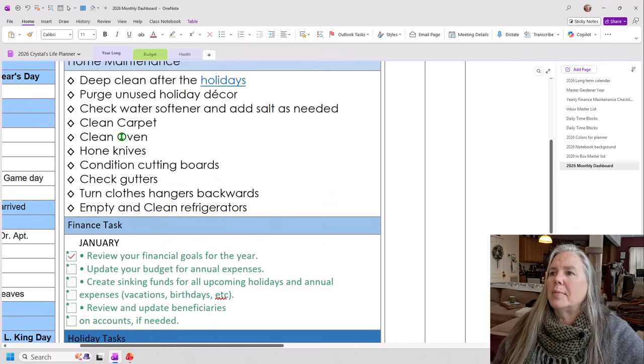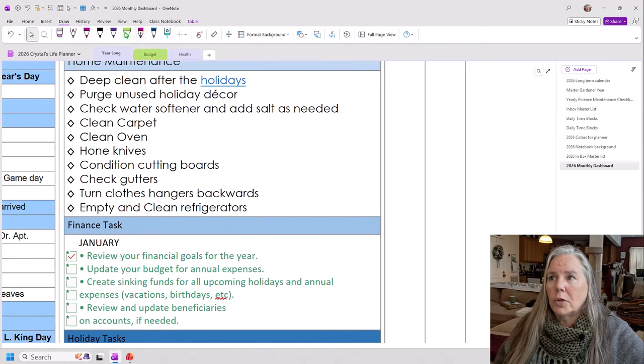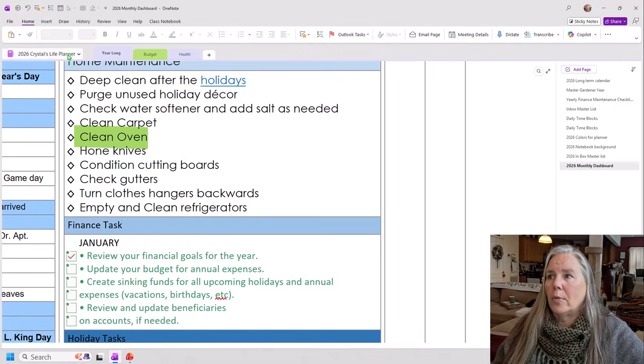Okay, if I am using them like this and I don't have them marked off as customized tags, usually what I do is, if I have finished them, like cleaning the oven, I will either go up to my draw tool and I'll choose a highlighter and I'll say, yep, I cleaned the oven, and I'll mark it off that way to say that it's been done. Or I will go back to my home page,